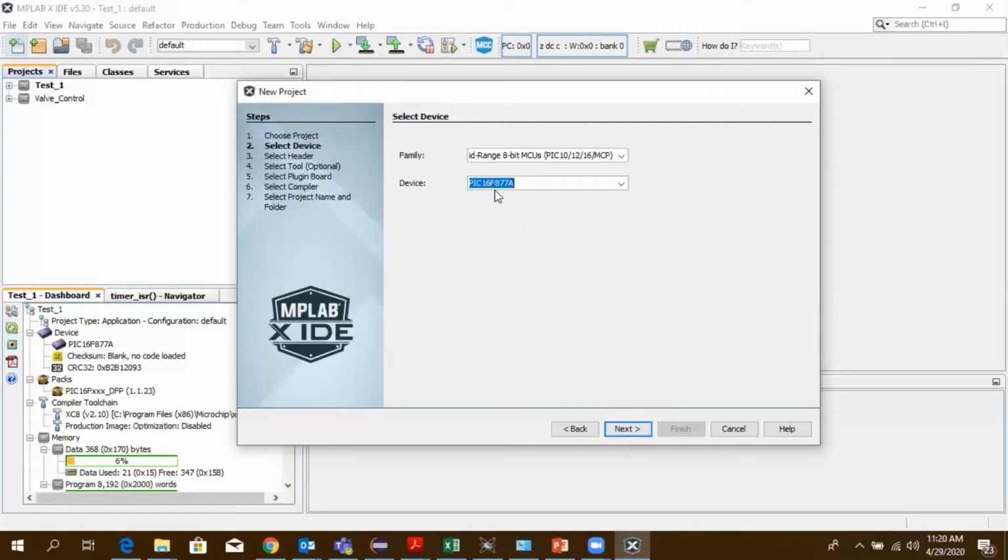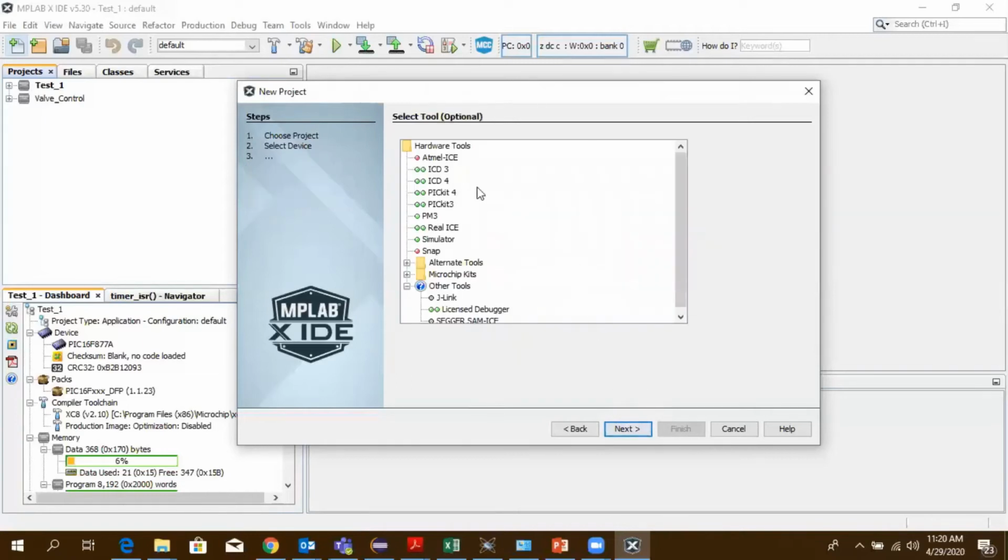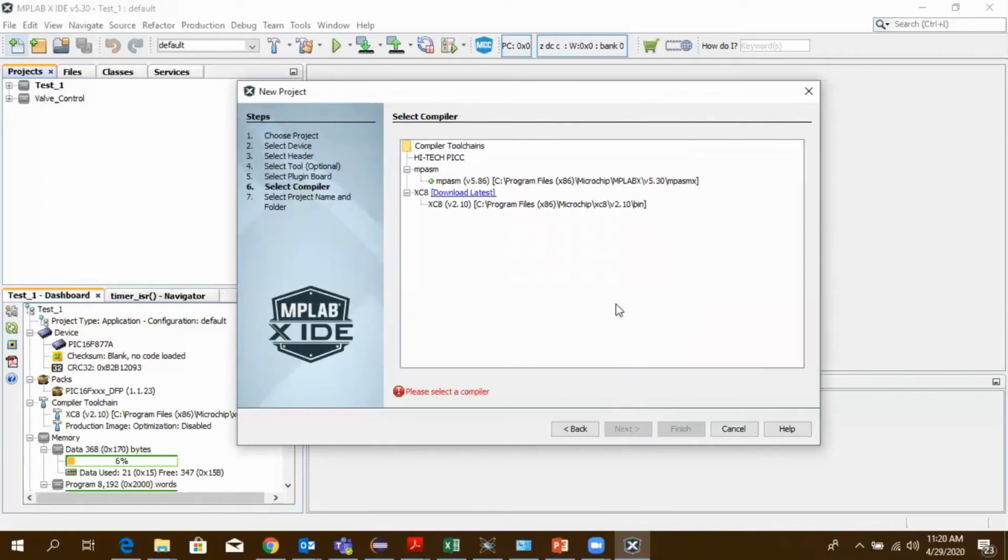We'll choose PIC16F877A. Then this is the tool. We are going to use ICD4 or PICkit3 or PICkit4, whatever we are going to use, you can select. If you're not going to use this, just click next and proceed.